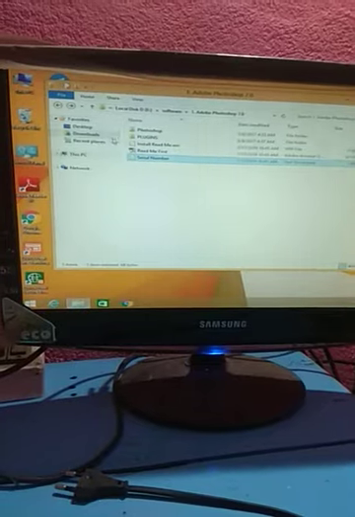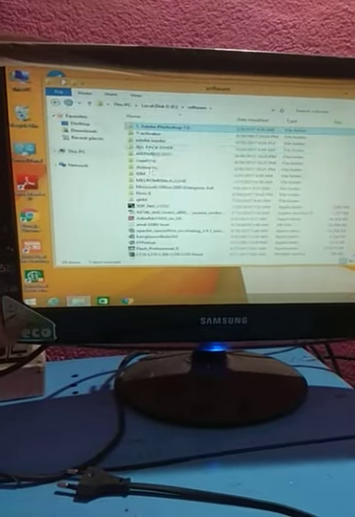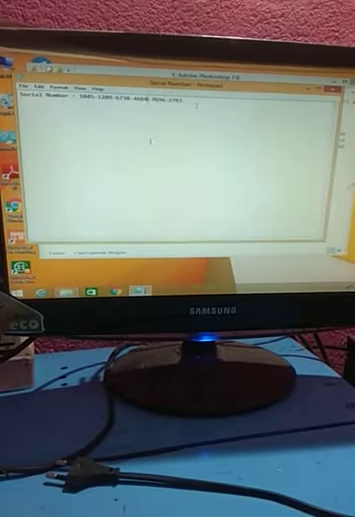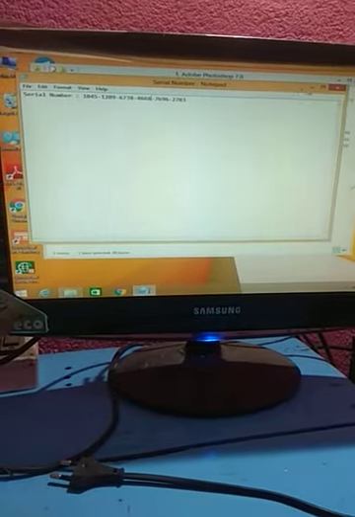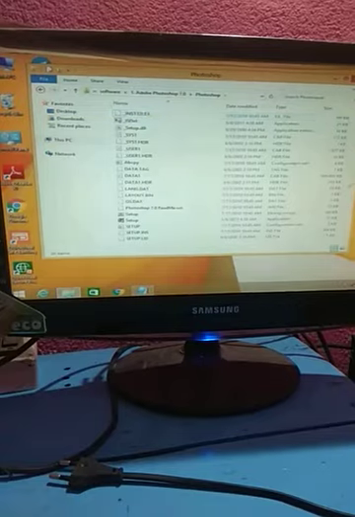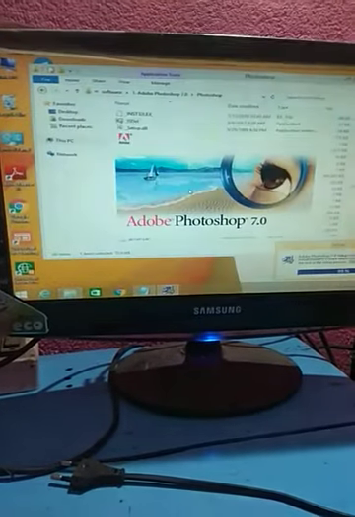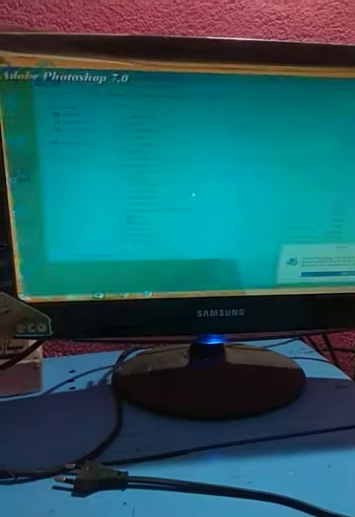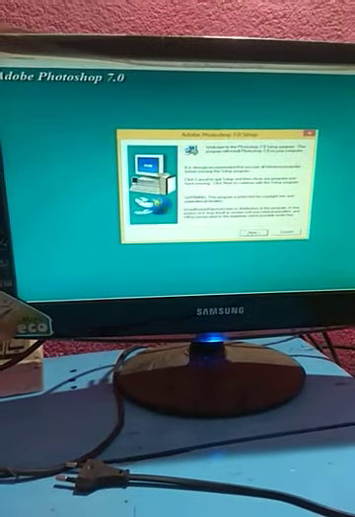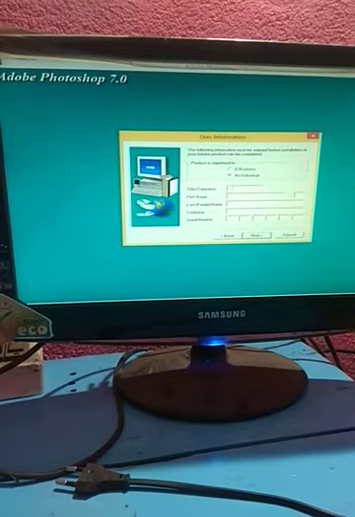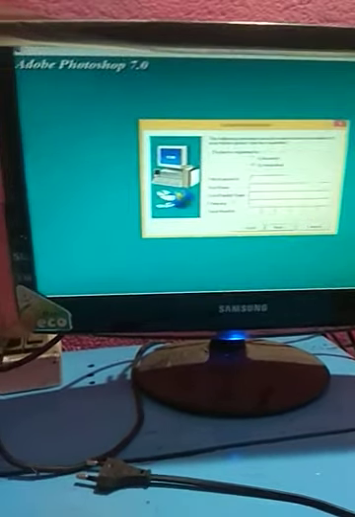So, Photoshop 7 installation. First you open the serial number, then click the installation setup key by application and yes, next, okay, next. You can type anything or you type your name,